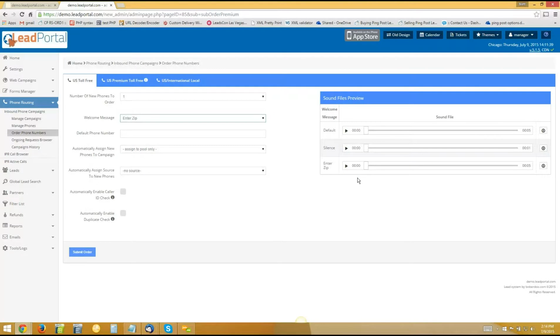It's essentially up to you what you want to have in there. If you want to have an IVR, it could be something where, are you in debt? If you have more than $10,000 in debt, press 1. If not, press 2. Or, if this is a home improvement lead type or an auto insurance or health insurance,